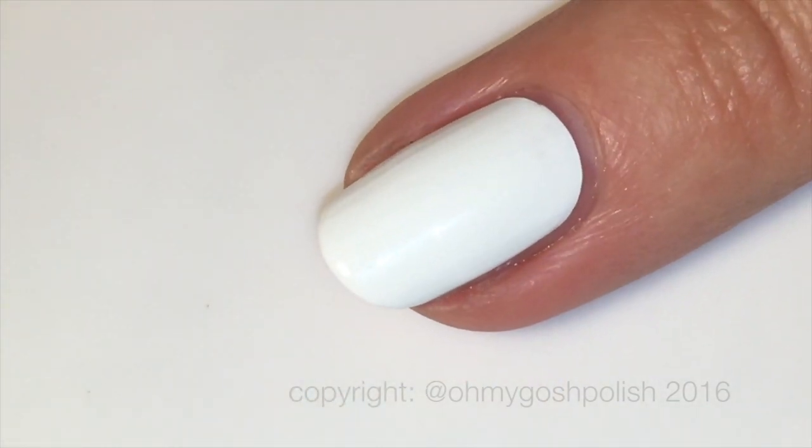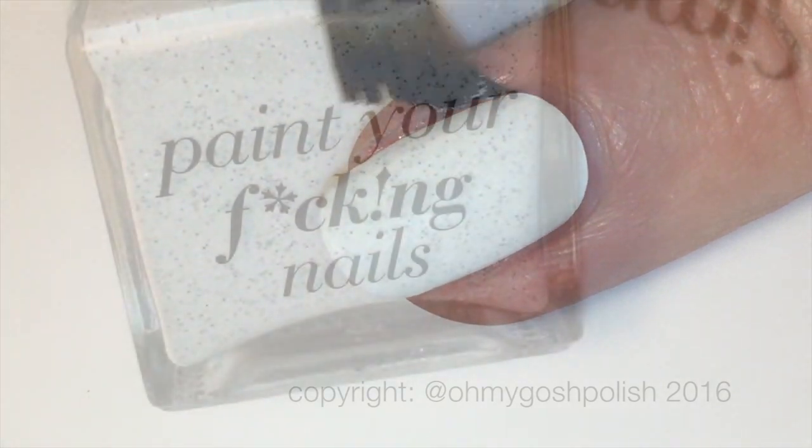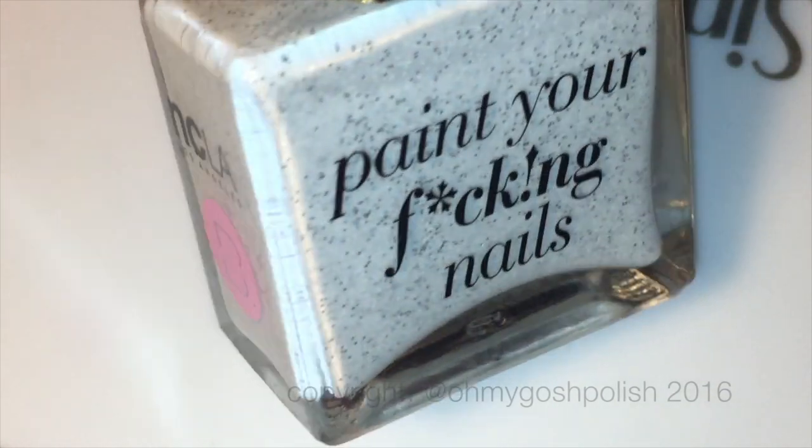So one of the other polishes I'll be using today is a new collaboration shade from NCLA, and it's called, well, you can see what it's called, and it's a collaboration shade with a website called BETCHES,